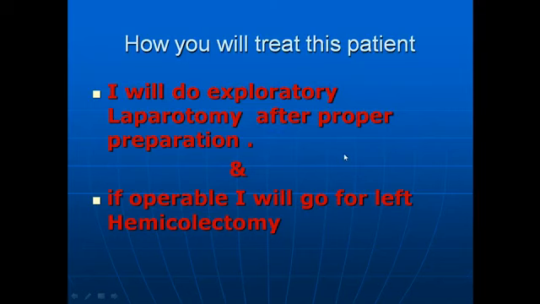And by resectability, what we actually mean is the condition of the tumor. Say for example, a tumor is attached to the vascular vessels. A tumor is attached to the ureter. A tumor is attached to the duodenum. A tumor is fixed to the posterior retroperitoneal wall, then it is not resectable, because in these cases, if you want to resect the tumor, you will injure the ureter, you will injure the duodenum, so your operation will not be successful.